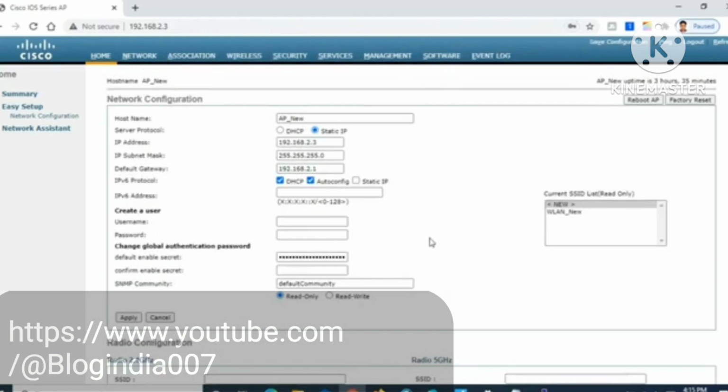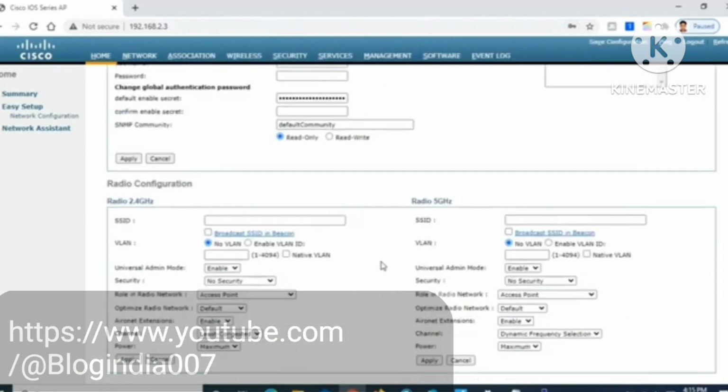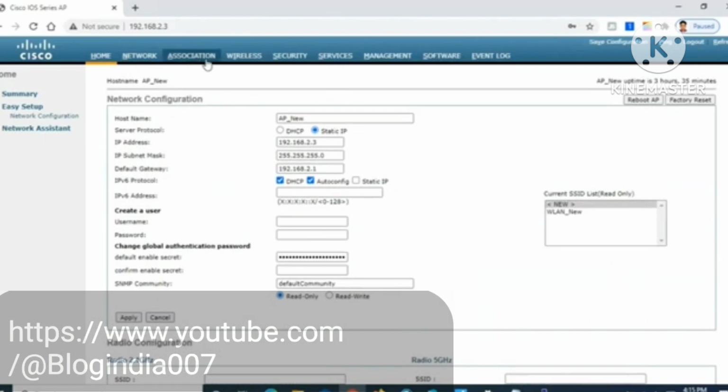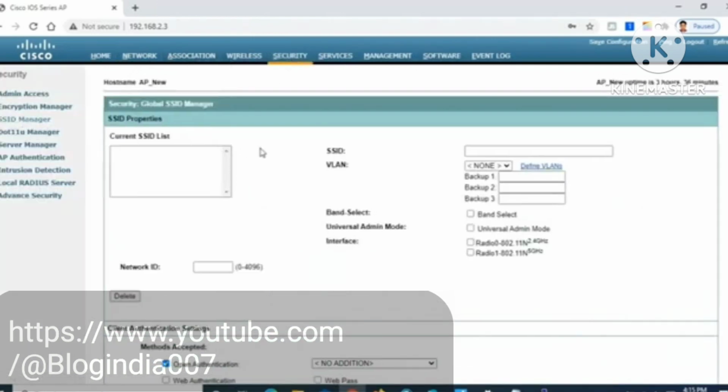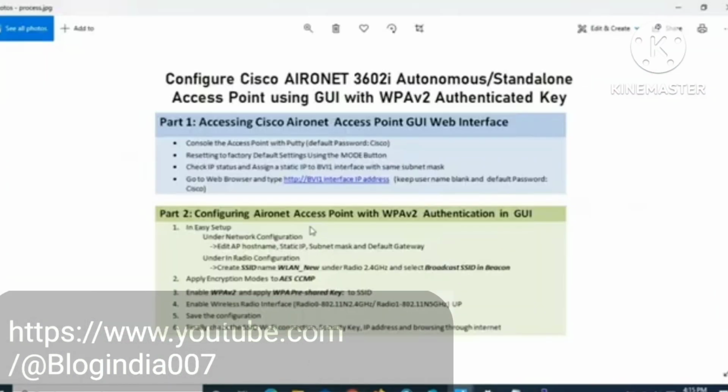So now we'll check the SSID which we just created. Go to security and click SSID manager. Here you can see a current SSID, WLAN new. So okay, the SSID has already been created. So if we go to the next step,